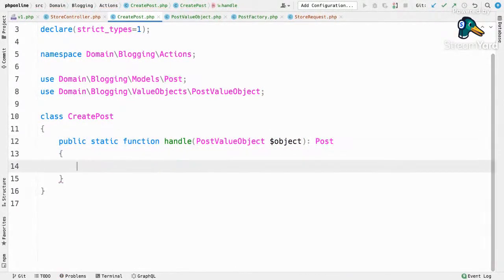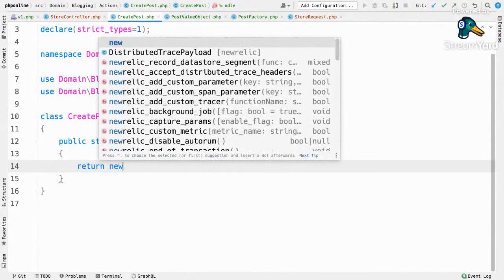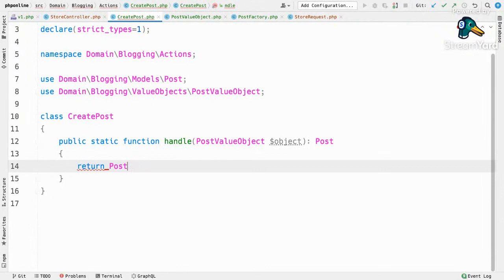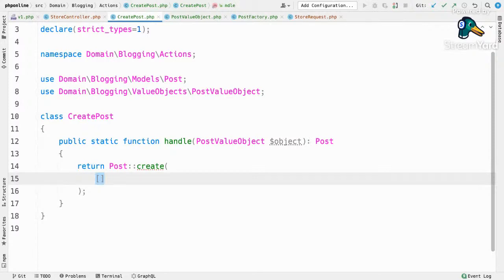Now this would usually be a service class, but it's specific. It's an action class. I only want it to do this, create a post only. That's all I need. So I can say return post create